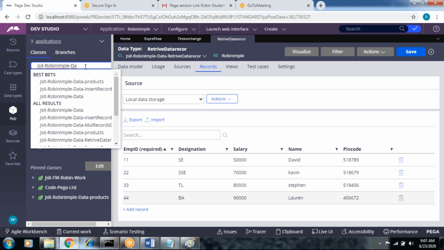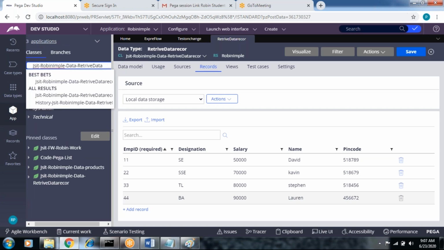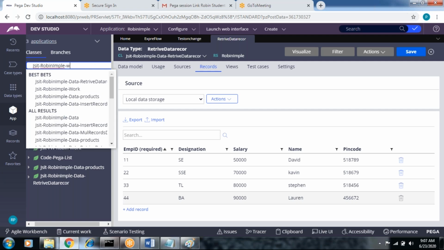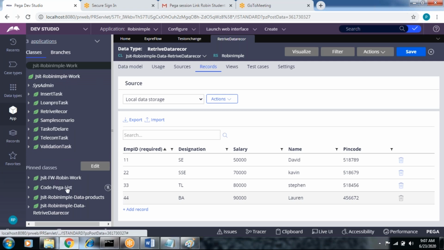So we'll go for data. What is the data type? Retrieve data records. Just pin the classes. Now open your own class. It's fine.